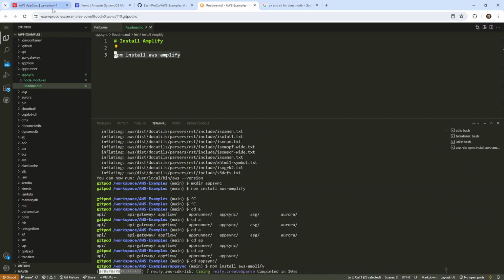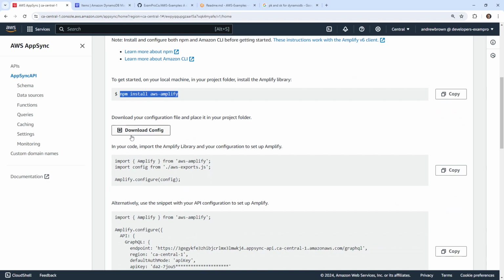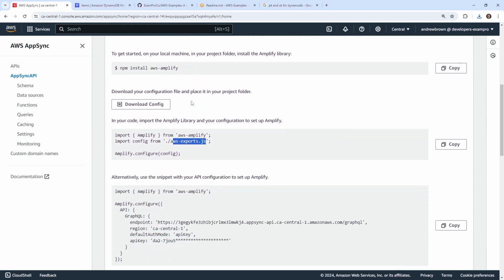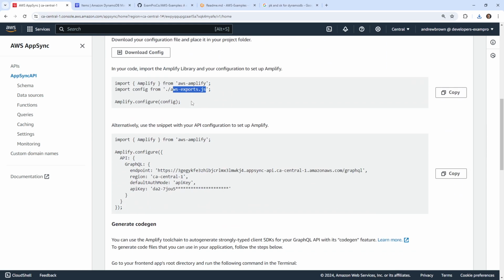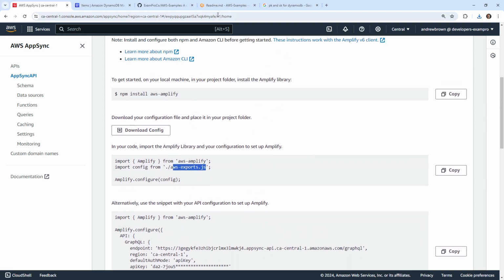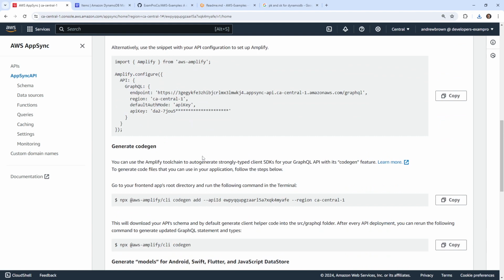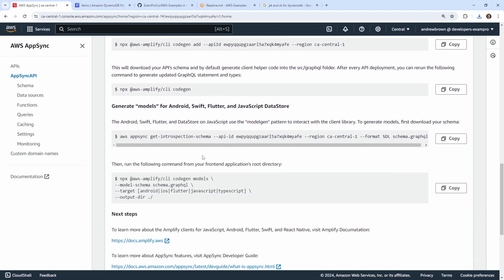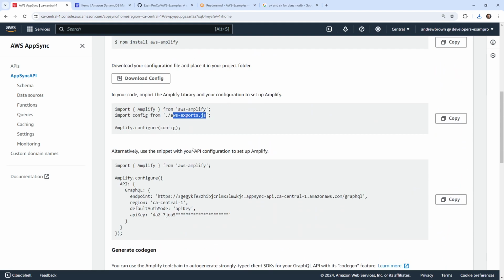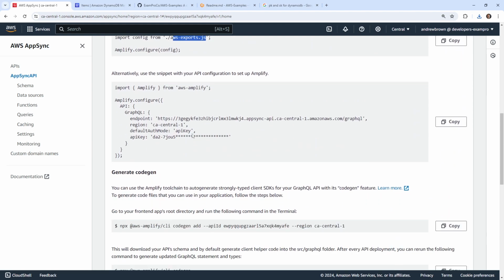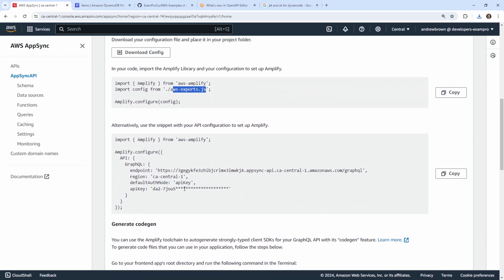And so once that's installed, then we can go ahead and configure the next steps. So we have this download configuration. So that has our aws-exports.js, which we need to reference. When we were doing the Amplify tutorial, which we never really finished, this was referencing a file that was never generated, which was really frustrating. We will need to generate a base application out of here. So I do need something, but we will find out here in just a moment. Because all I really want to do here is query some data. Oh, we could also just use this snippet, which is nice, but I guess it would also have that API